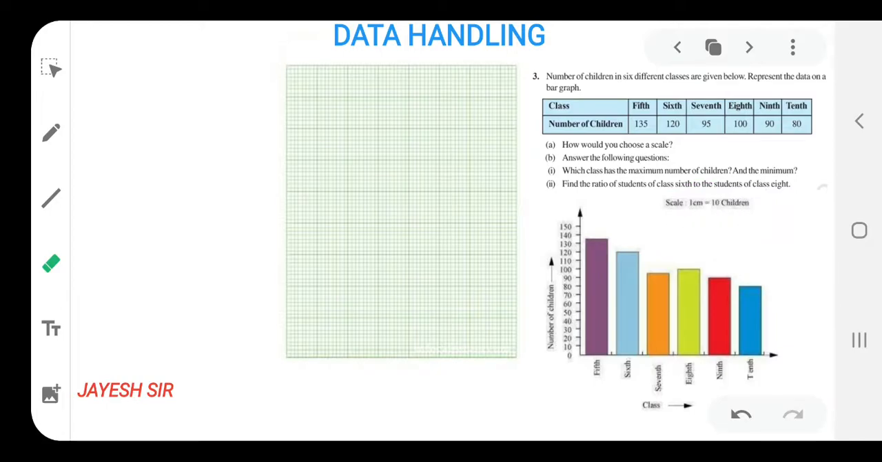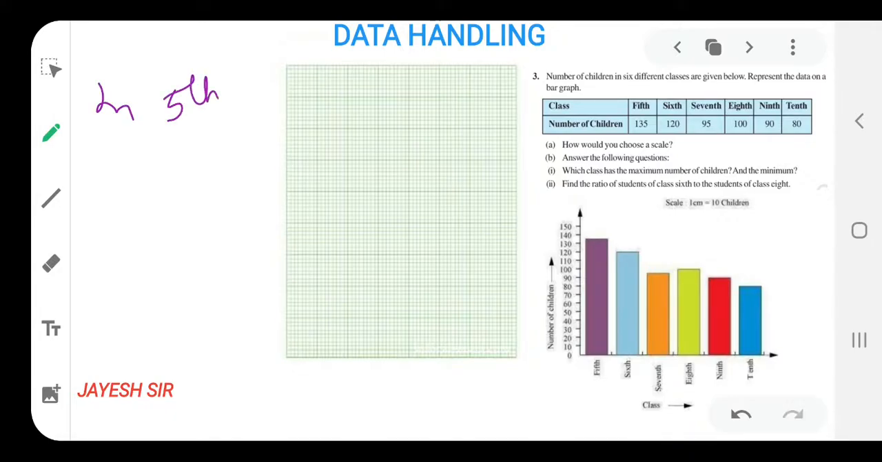Now let us begin with the B. Answer the following questions. Which questions? Let us see. Which class has the maximum number of children? We can see from the digits also, and from the bar graph also we can see and get the idea. So in which class are the maximum number of children? We can say in